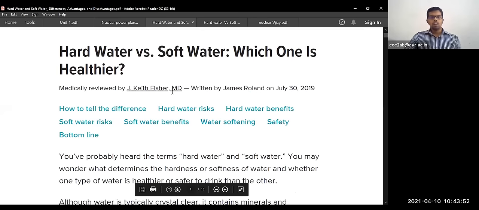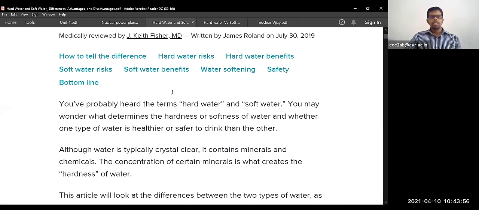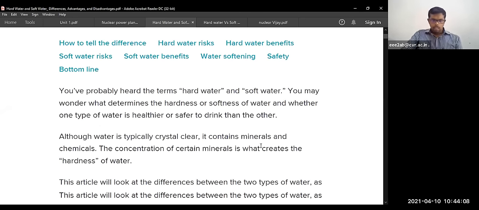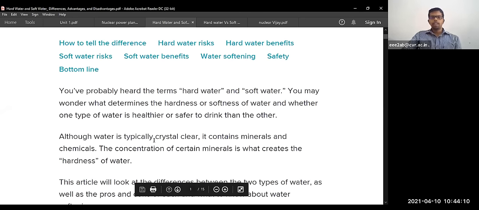Yeah. So hard water versus soft water. Which one is healthier? In the terms hard water and soft water, which determines the hardness or softness of the water, whether one type of water is healthier or safer to drink than another. Although the water is typically crystal clear,